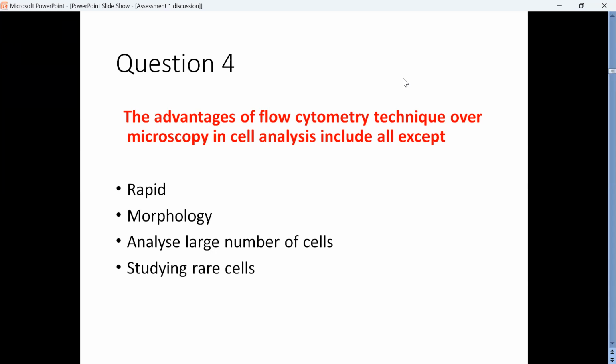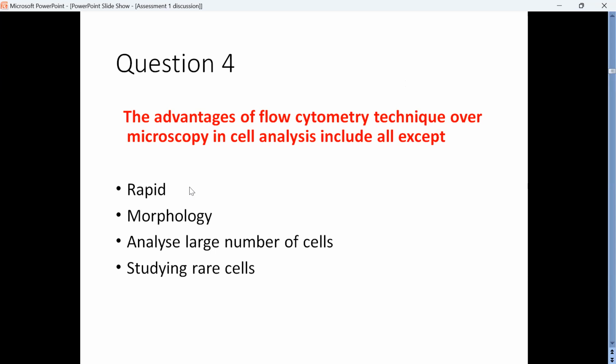Okay, but that morphology is just an idea. It is not the exact morphology as we see in our conventional Romanowsky stained smears. Since we discussed imaging flow cytometry in our first class as an advancement, some people thought even morphology can also be studied by flow cytometry, but it is not that great when compared to microscopy, which is the gold standard. So the answer for this question is: the advantages of flow cytometry over microscopy in cell analysis include